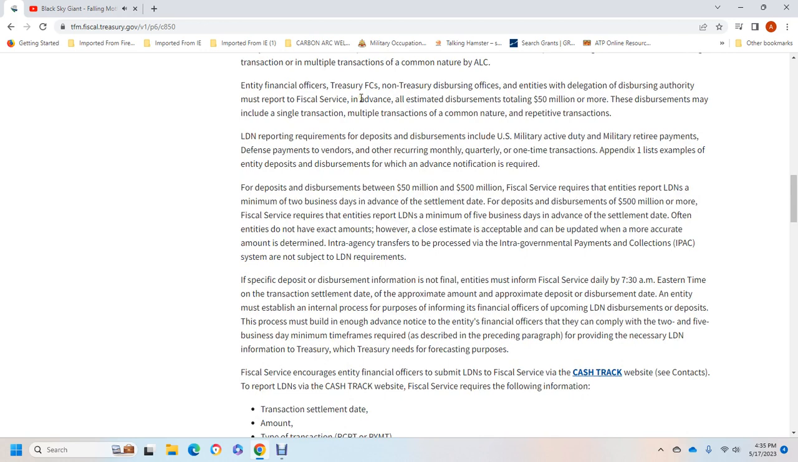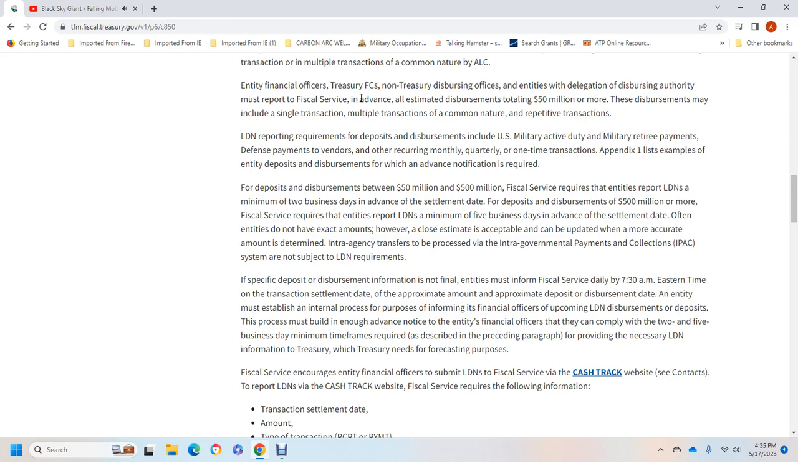Specific deposit or disbursement information is not final, and it must inform the officials of the daily 7:30 a.m. Eastern time of the transaction settlement, the date with the approximate deposit or disbursement date. They must establish the initial process to inform the financial officer of upcoming large dollar notification disbursement deposits. These processes must build up enough advance notification, if any, for the financial officer to comply, within 2 to 5 business days of the time frame, which is required to provide the necessary large dollar notification information